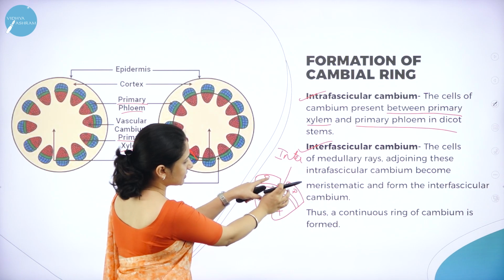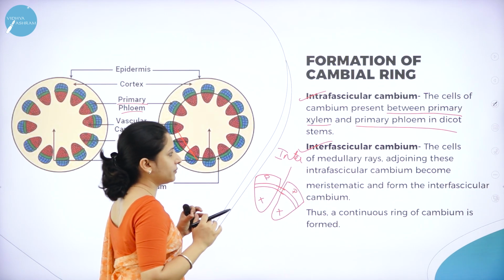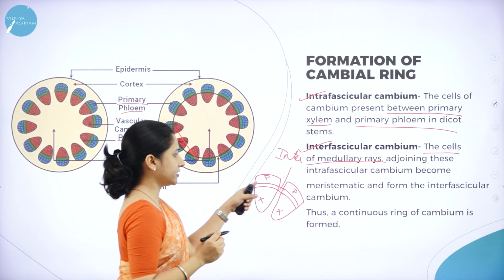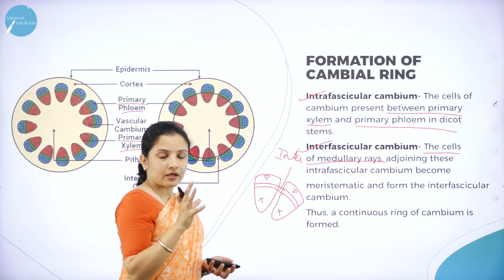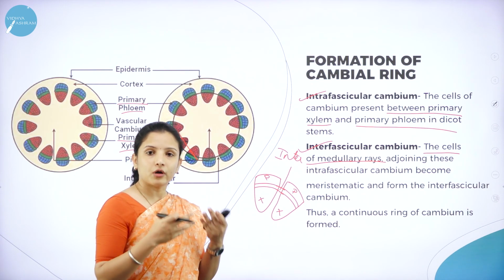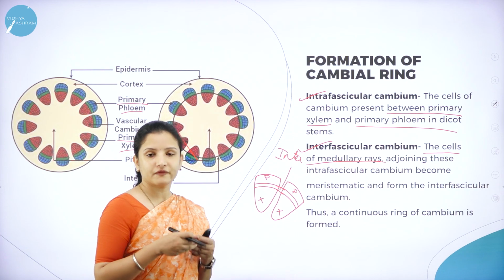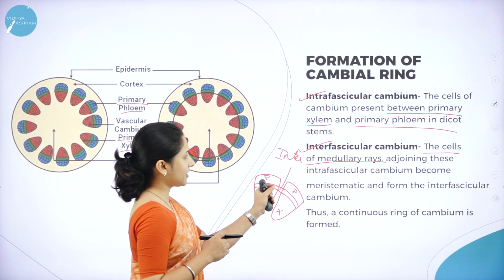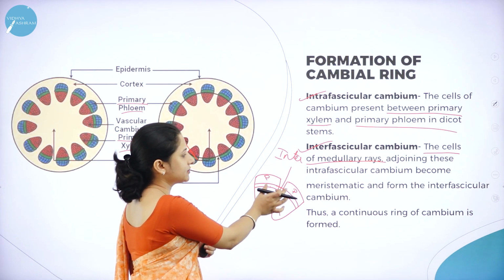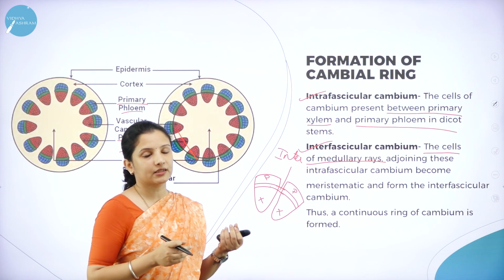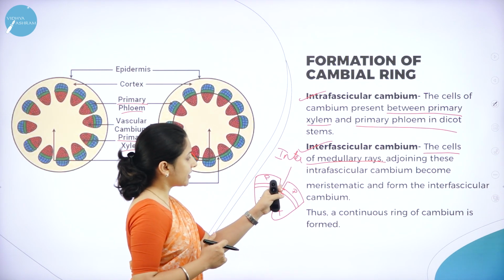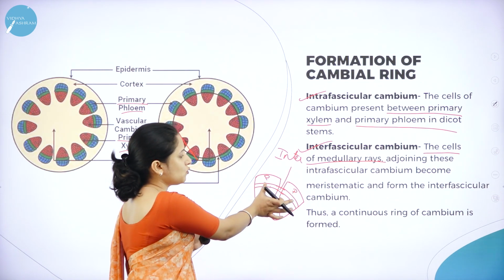So, those cambial cells that are formed between two vascular bundles, that is, the cells of the medullary rays adjoining the intrafascicular cambium. Remember, in dicot stem, between the vascular bundles, the medullary rays are formed, right? What are the medullary rays made up of? It is usually made up of parenchyma cells. So, those medullary rays which join the two vascular bundles consist of cambial cells, which is nothing but the interfascicular cambium. In easy words, I can say the cambial cells form a connectivity between the two vascular bundles.